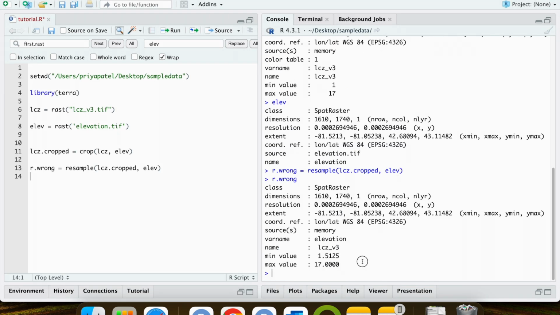Okay, so here's our wrong raster. And the reason it's wrong is because my categorical raster are not integers, they're different land use classes. It's not a continuous variable. So I don't want to be seeing floating point numbers in my min and max value. And this is just the wrong way to resample a categorical raster. It's essentially interpolating between values to get these floating point values. And it just doesn't make any sense